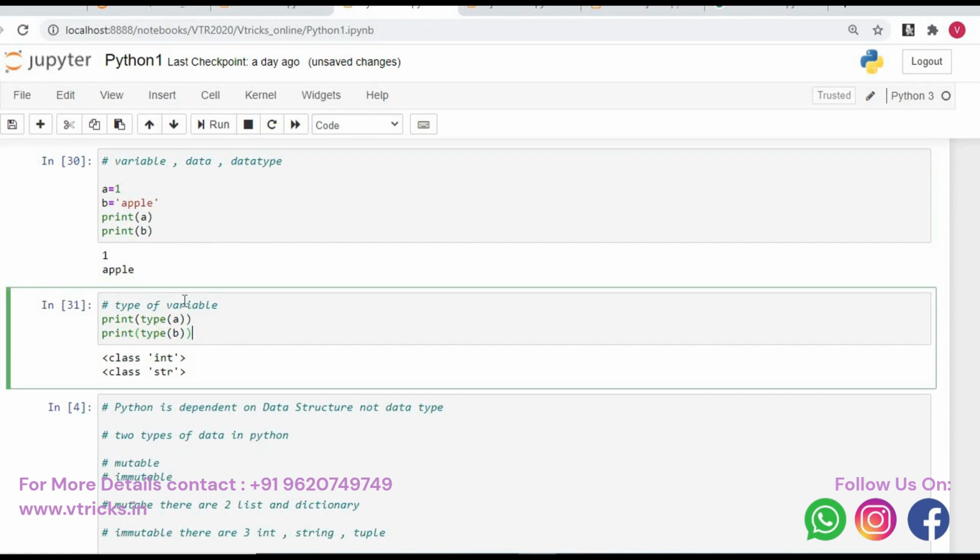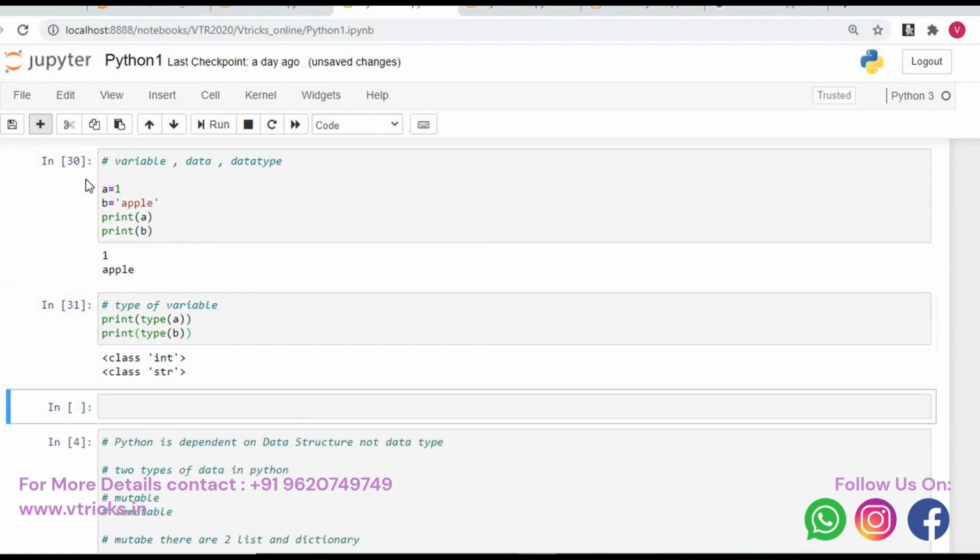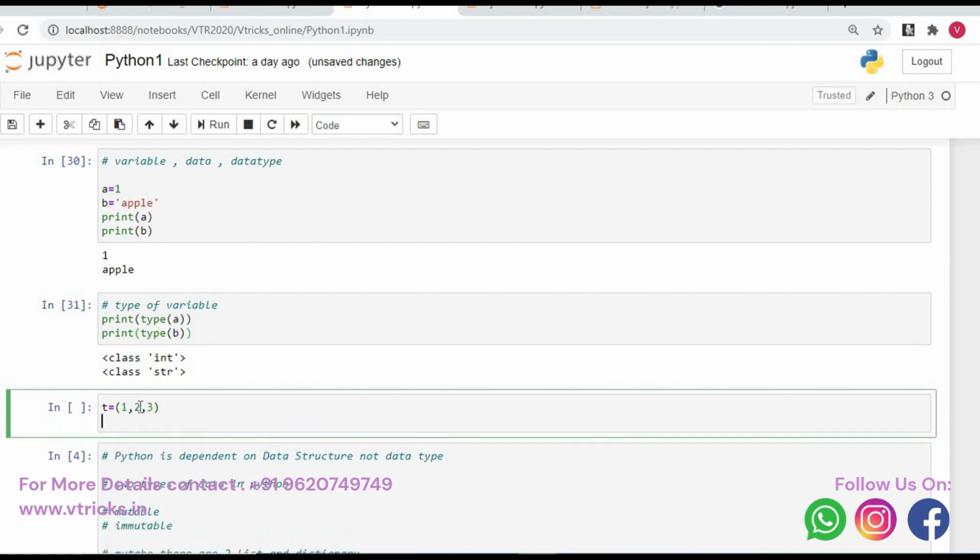If you want to understand what a tuple is, I'll just add a cell here and say something like t is equal to normal bracket open, then I say 1 comma 2 comma 3, that is combining three different data all together with normal brackets will form the tuple. The use cases of tuple are comparably less compared to other data structures, so we are not spending much time on tuple. But if you want to understand the data type of this tuple, I can just do print type of t.